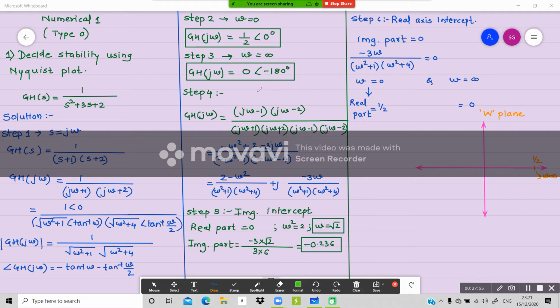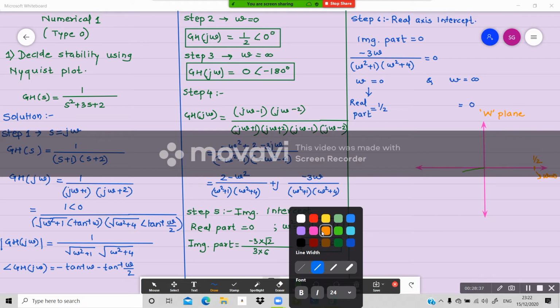Then the second point, you just look over here. What we got at omega is equal to root 2. Okay, first I'll finish with this. You can see over here, at omega equal to infinity, the ending of the plot will be with magnitude 0 and along 180. So it should be like this. And at this point, at origin, when the magnitude will be equal to 0, it is going to cut the real axis. At that point, the angle will be minus 180. Rest all angles will be definitely less than 180, and at the end, when it will be at the origin. So that means if I want to draw, definitely the plotting will be like this.